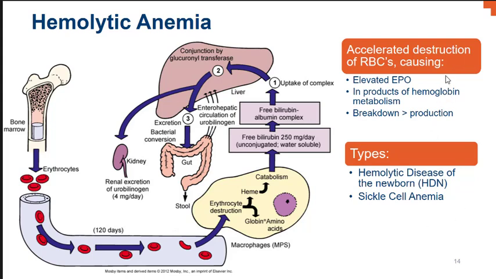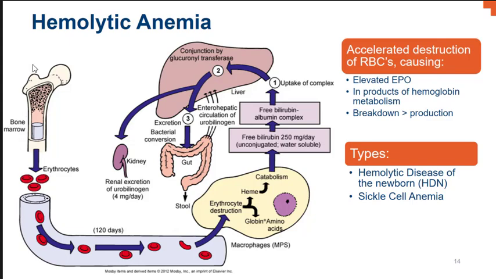Well, some of the things you can see is elevated EPO. So if the body is breaking down these red blood cells at a much faster rate than we're producing red blood cells, then we are reducing our overall oxygen carrying capacity in our blood, and our kidneys, we know, pick up on that, and the kidneys will release erythropoietin, which will stimulate the red bone marrow to produce more red